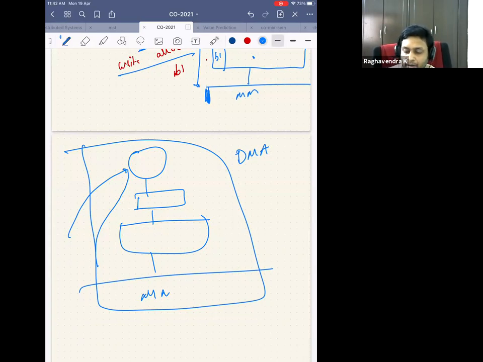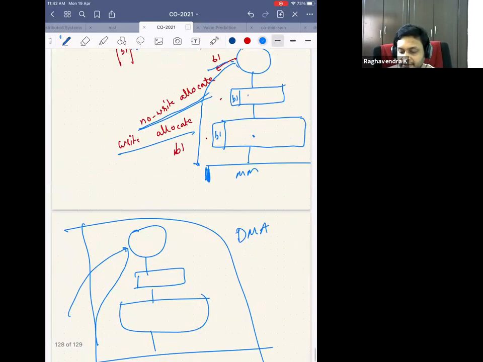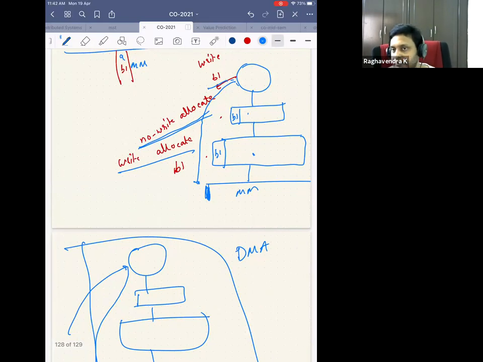This entire thing is handled by a controller called the Direct Memory Access Controller, DMA, which you will be seeing in the later part of the course. So an IO can access the main memory directly. Of course, this was not the straight answer, because you will ask then, why is it accessing the main memory? There are reasons for the memory IO to access the main memory. We will not get into all these things.